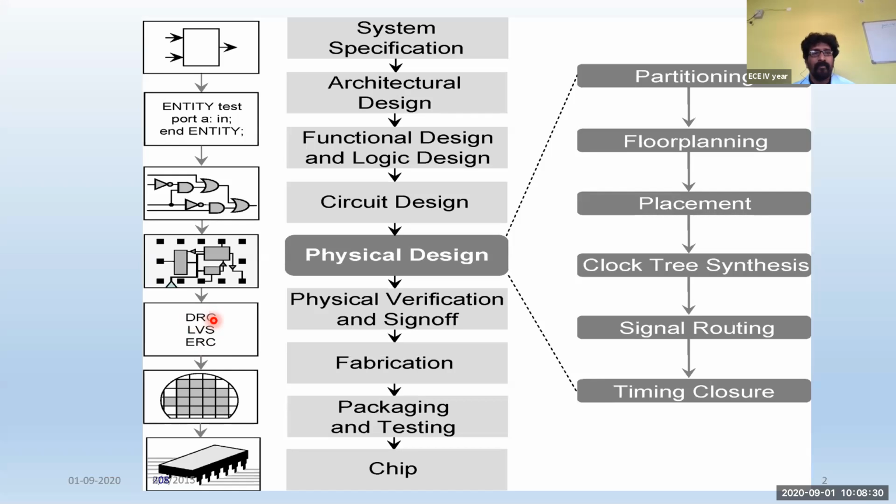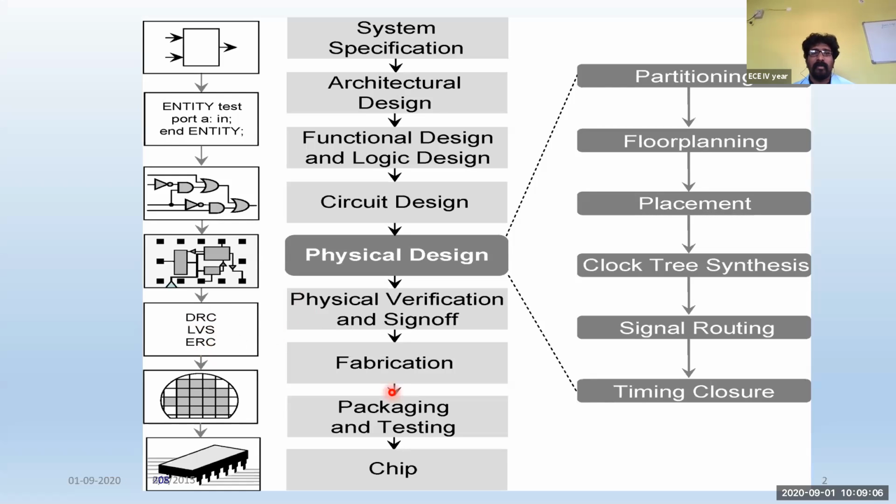It's a design rule check. The next one is LVS. LVS is layout versus schematic. Once you draw the schematic, for that particular schematic the layout will be designed, and both the input and output characteristics of the schematic have to match with the layout characteristics. If both are the same, then only we'll get a check mark so that we can proceed to the next one. Electrical rule check is the final step which will validate that this particular design is correct, and we can go to the foundry for the fabrication part.